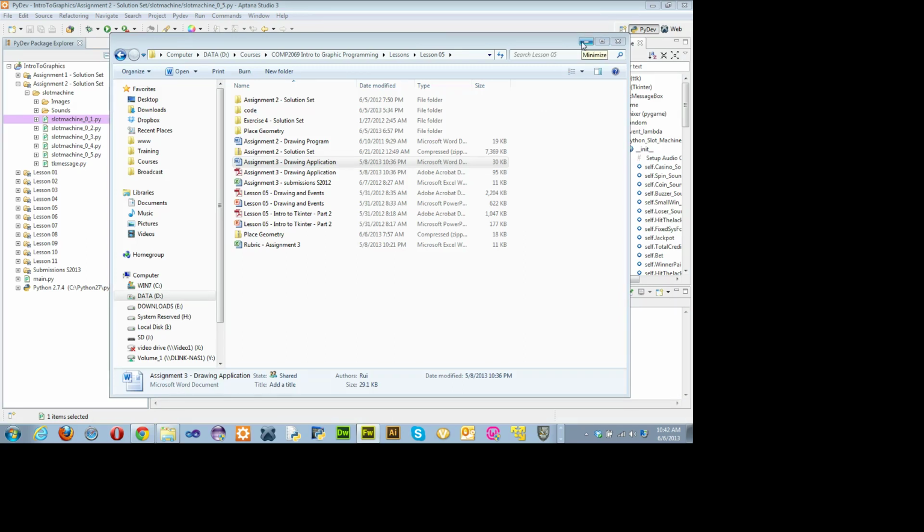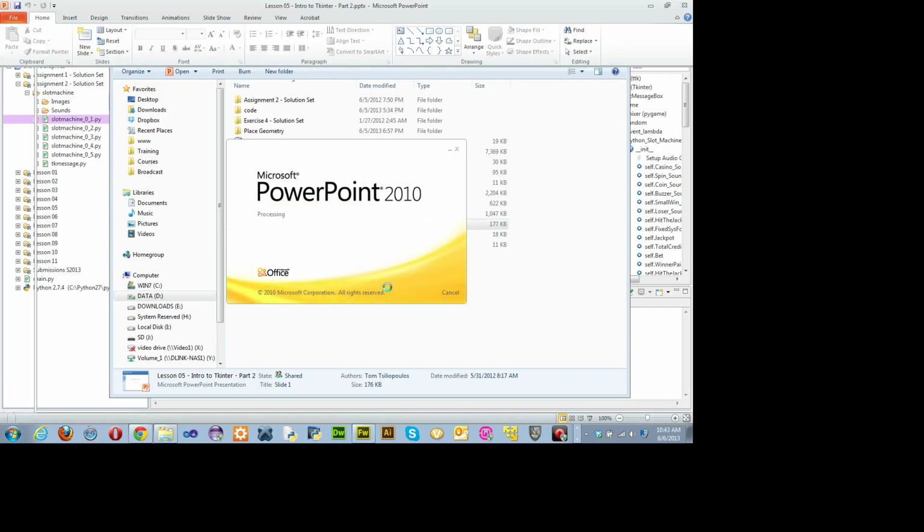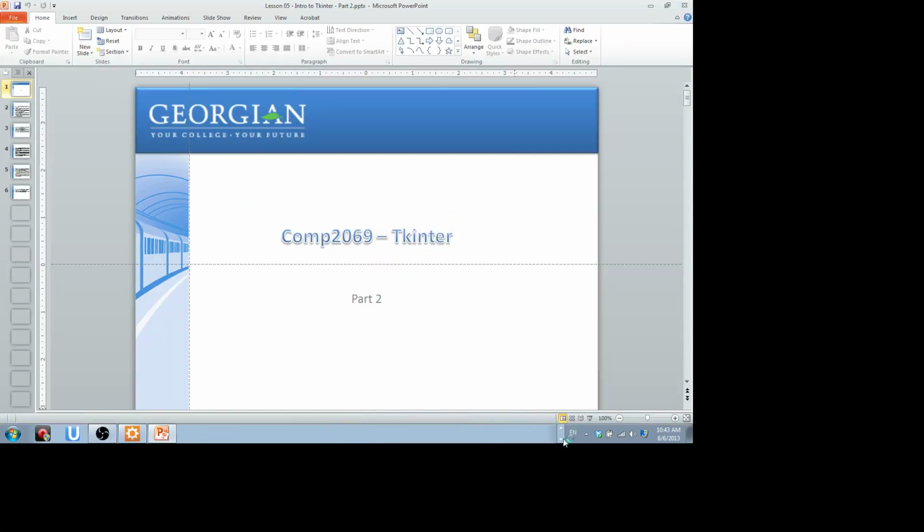So let's take a look now. I want to go into a bit more of Tkinter, because right now, some of you are doing Tkinter for your assignment number 2, and we're not quite done. So I'm going to talk about Tkinter a little bit more for the next bit until we reach the break, okay? So this is kind of part 2 of my Intro to Tkinter series. And before I get into it, just because from an experience perspective, I know how this goes, I'm going